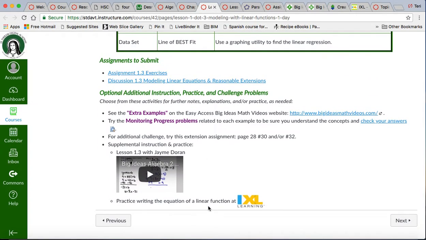And each page also includes optional additional instruction, practice, or challenge problems. This will include links out to the Big Ideas Math extra examples for each chapter. The monitoring progress problems are in the chapter following each example, and here's a place where you can check answers if you try those. There will be challenge problems and additional videos and practice problems that you may go to